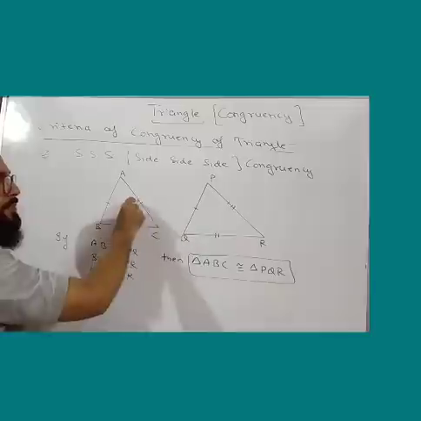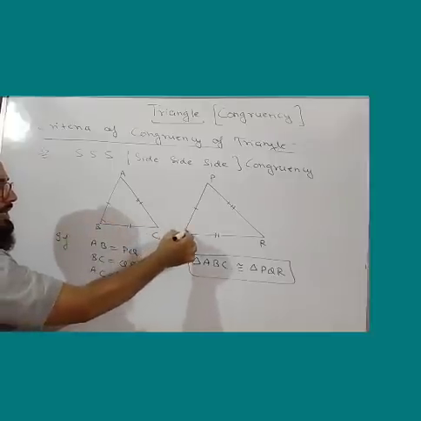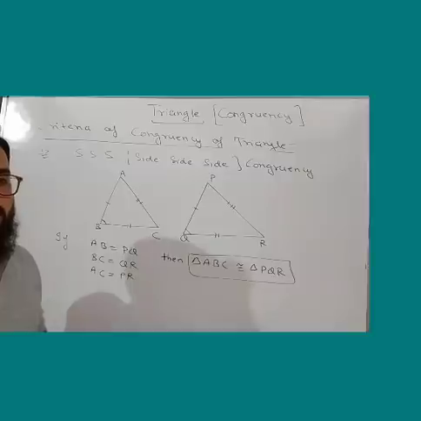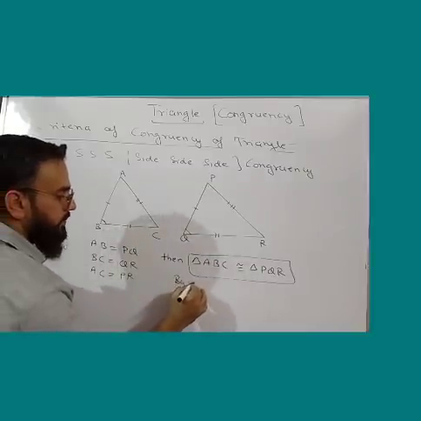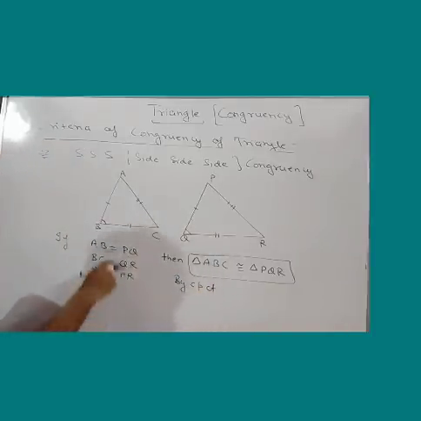Now if this condition holds, both the triangles are congruent, which means they will superimpose on each other. We have already been given three conditions, the sides. What are the three other conditions? The three other conditions are the angles. It means the corresponding parts of congruent triangles are equal. So if we use CPCT, corresponding parts of congruent triangles, then what will happen?